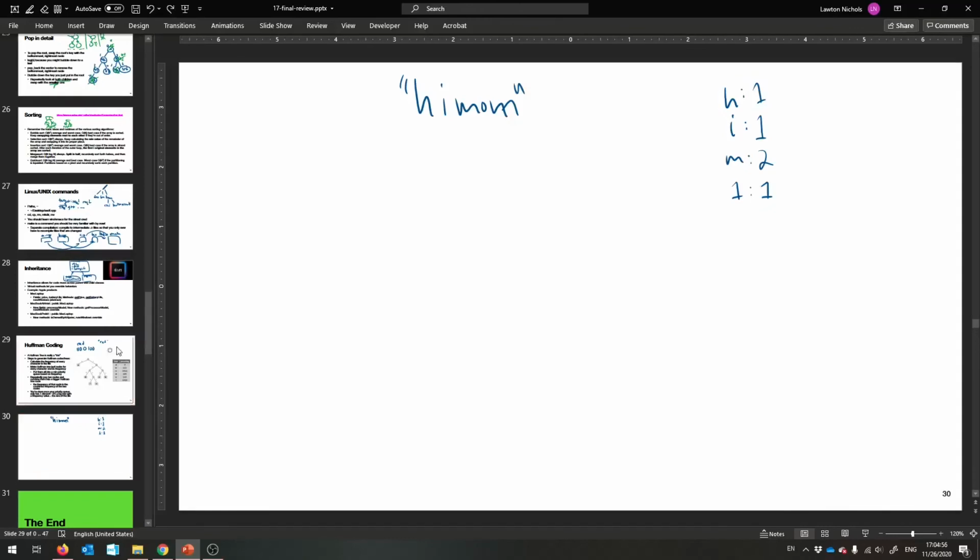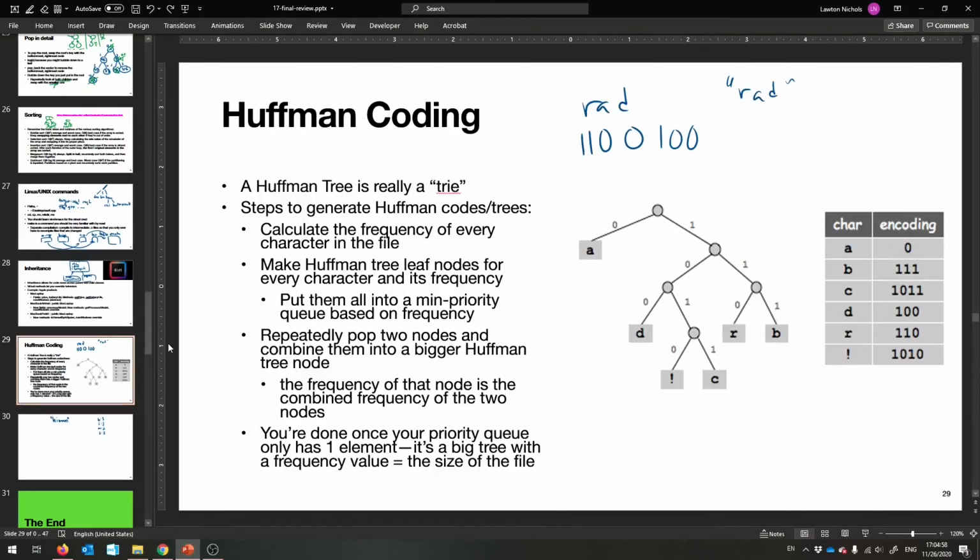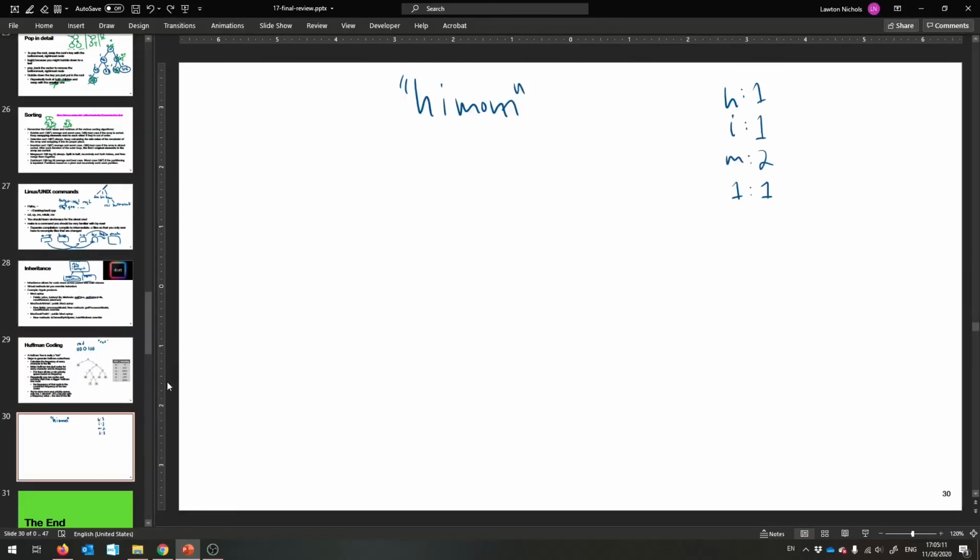And then what you do for Huffman coding, it's a really nice example of all the data structures that we learned, or just how to combine them. What we do is we make tree nodes for every character and its frequency. Okay, so we make some nodes, and we're going to plop them into a priority queue. So right now, initially, the priority queue looks like this. It's holding just separately